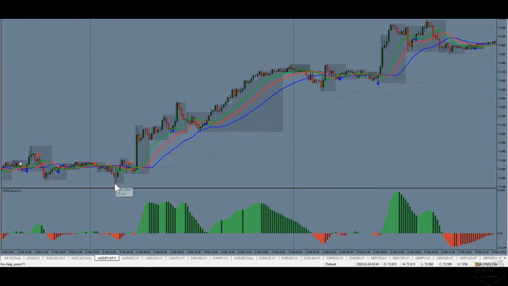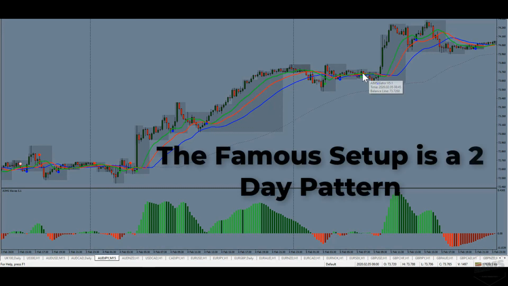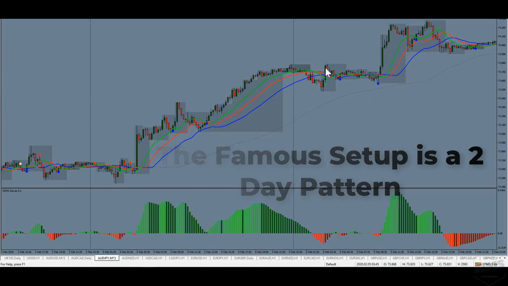Famous setup formation is this. Now this one has a whole day of wave 3. It doesn't have to be whole day. It could be the European session and then go sideways. Not the Asian session, sorry. The US session. But around after the US session and the Tokyo session, the Asian session, up to early hours of, or even an hour before Frankfurt Open, it must form a box